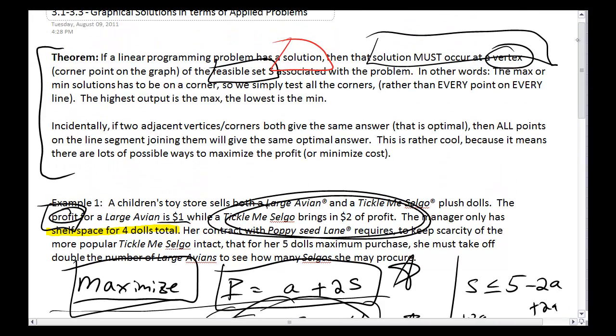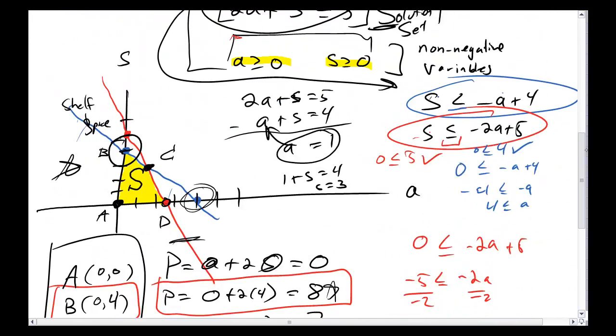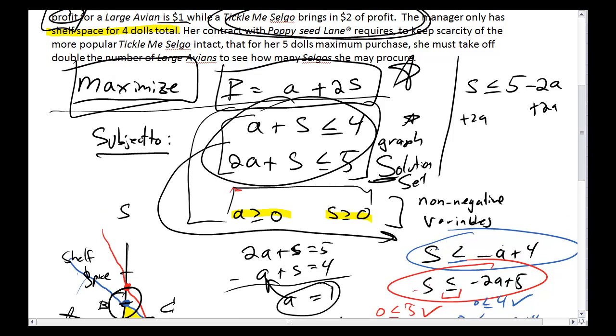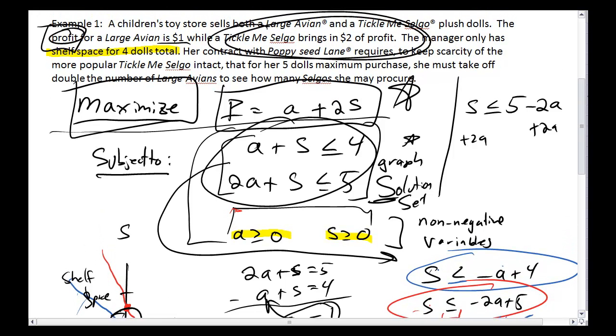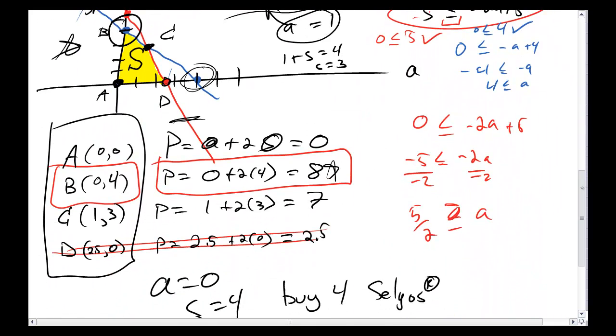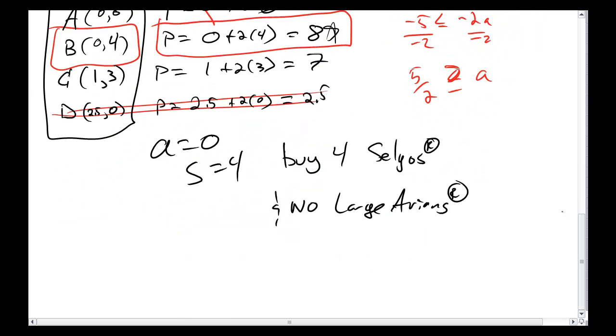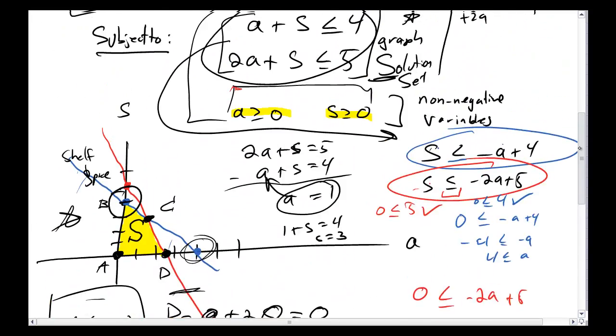It's brilliant. We've got a theorem. We know how to graph things. We're able to cook up equations from word problems and graph those equations, and we're able to take that graph information and get a final answer. $8 is our maximum profit. But